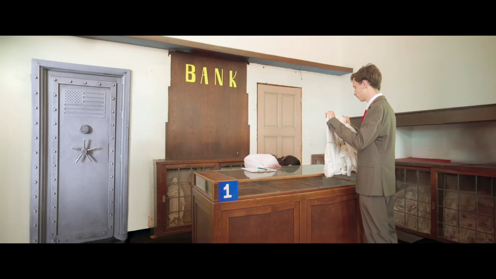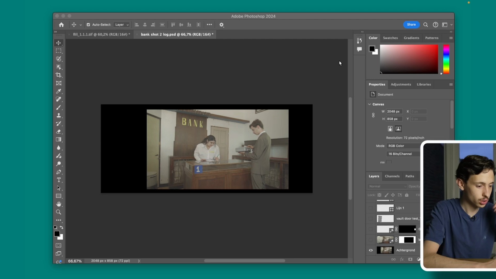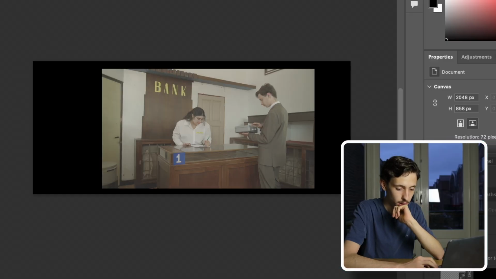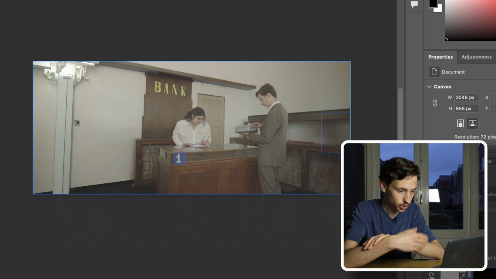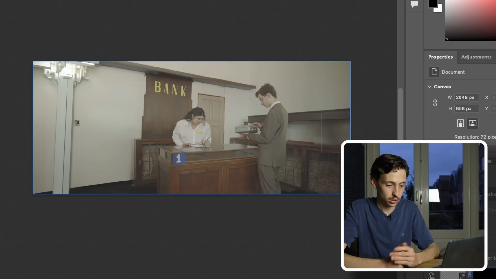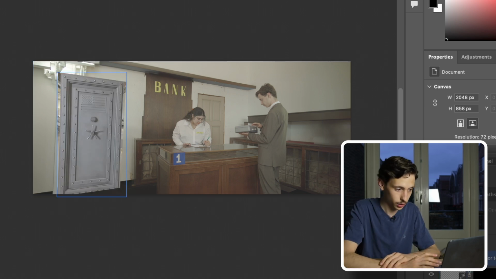And so what I did is I added the bank vault door in the background because I couldn't get a real bank location. So this is the original shot in Photoshop. And what I first did is generate the edges just with a fill. I then fixed something on the right, stuff we already discussed. But then to add the bank vault door, I ran into a problem. Apparently the AI doesn't know what a bank vault is, or it just doesn't know how to generate one that's good enough. So the solution I came up with is to add a picture of a vault door.